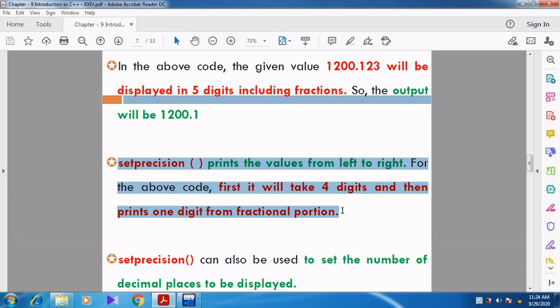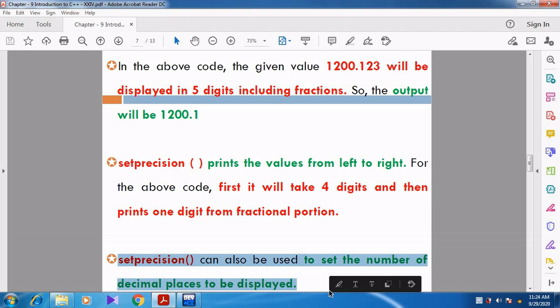Set precision can also be used to set the number of decimal places to be displayed. We can also say how many digits should be displayed after the decimal point. How many decimal places to be displayed, we can set that.